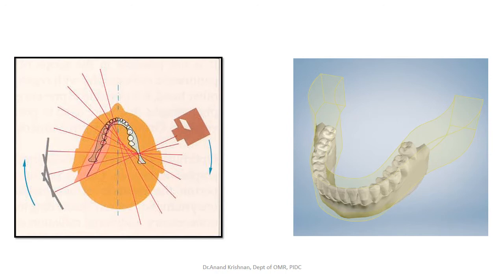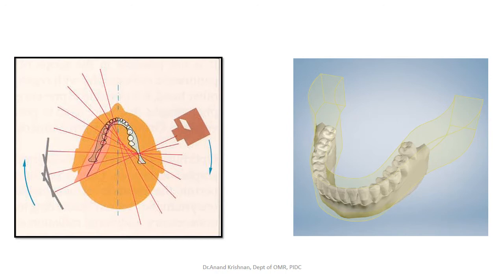But the shape of our head is not exactly round. It is oval in shape, or in orthodontic terms, what we call dolichocephalic. So it is not exactly round in shape. So if you are going to put a round in an oval object, then evidently you're going to have some discrepancy. That is, some structures will become closer to the source and receptor, and some structures will become far away. So to overcome that over a period of time, this is what I was talking about prior,